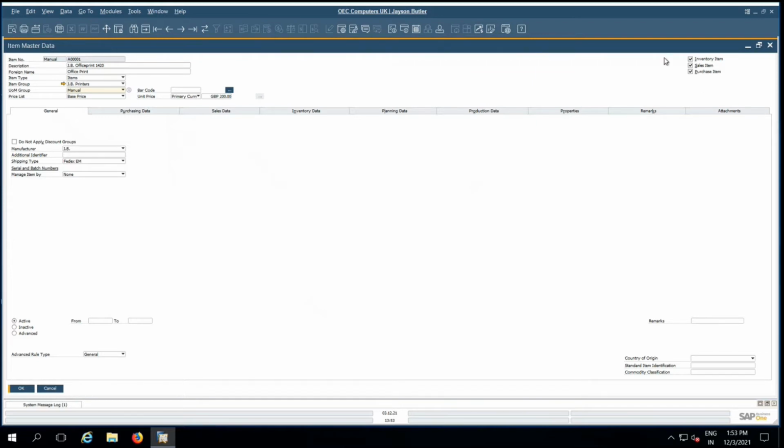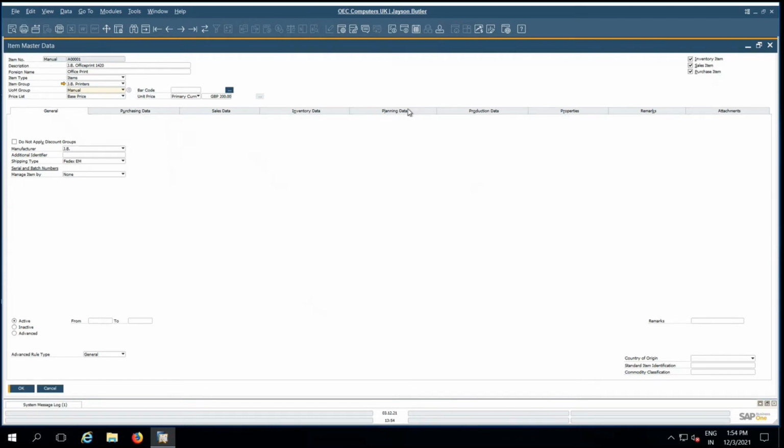In the right bottom corner, if you see, there are three different checkboxes: inventory item, sale item, purchase item. We need to check all the checkboxes. Then we can use it as an item, and you can use the same as a purchase item in all marketing documents in the purchase module, and we can use the same item as a sale item for all sales marketing documents. When we check the inventory, system will count all the inventories based on the UOM group.